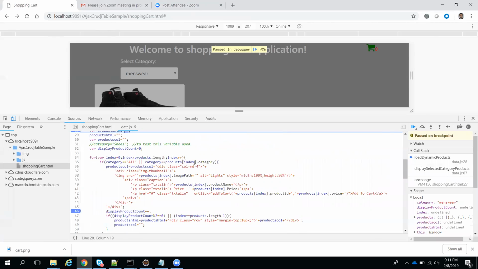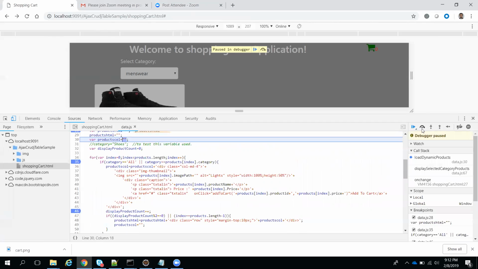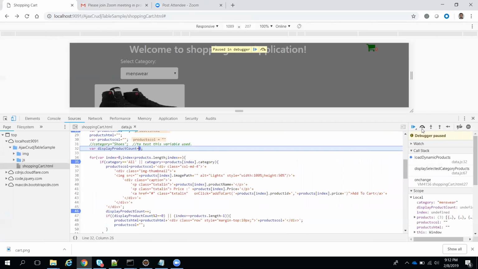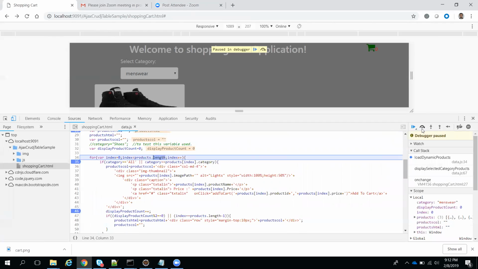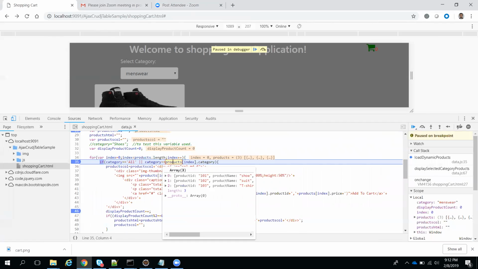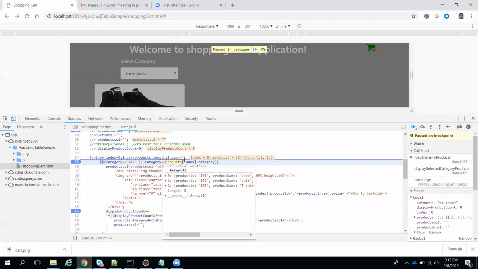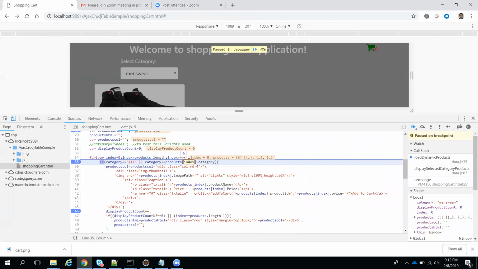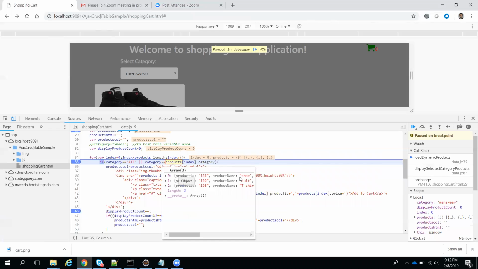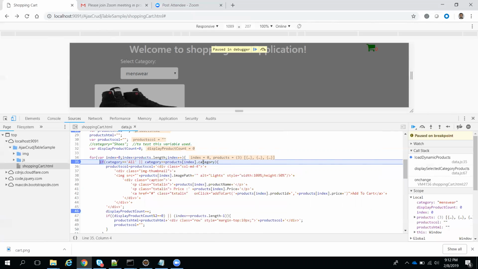Okay, so this for loop is checking with category, we will see that. I will go next. Same logic as earlier, how the all option was doing, this will also do the same thing. Only thing is there is an extra filter: it will compare with category, and whichever categories are matching will go further. That's why we kept that condition. For example, in the first iteration the product index is 0. At that time what is the category? Category shoes. It won't match with our category menswear, so it won't go inside the if condition.